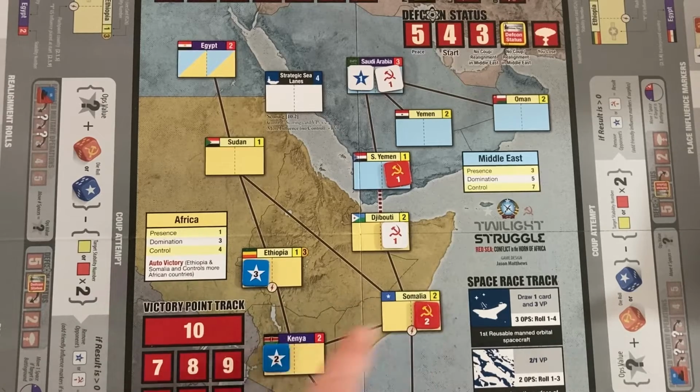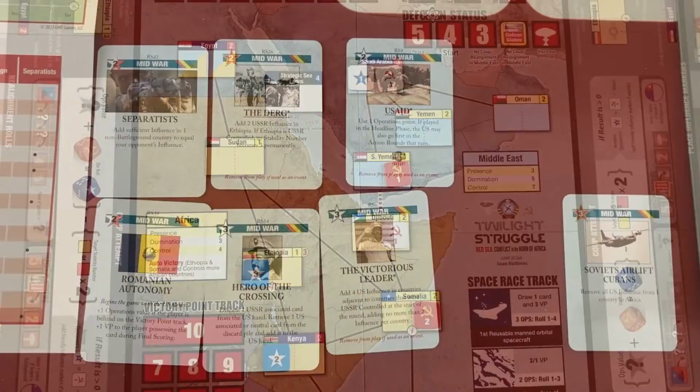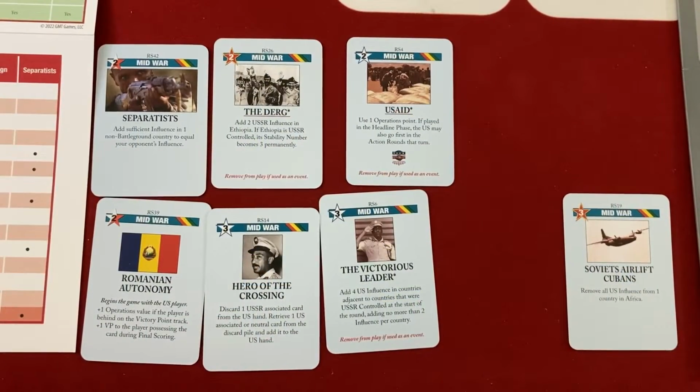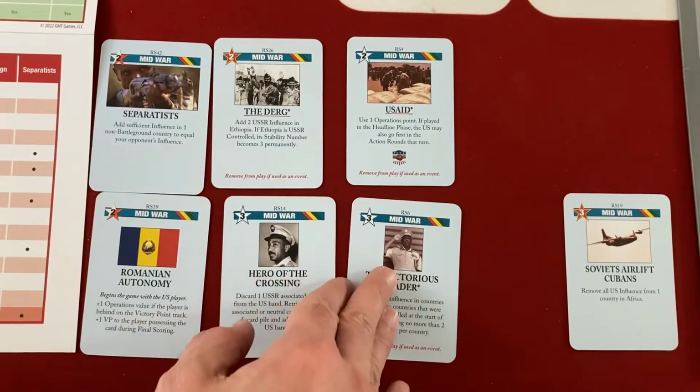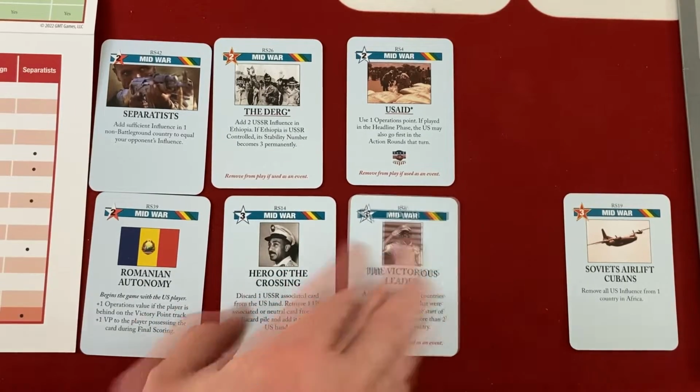And heck yes, I was definitely about to go in there with Kenya here if they had not done that. All right, now for my action phase, I could still really fight them on Somalia if I wanted to. I could also secure control of Saudi Arabia. All right, I still want to say Victorious Leader, although I could use it to put people in Saudi Arabia